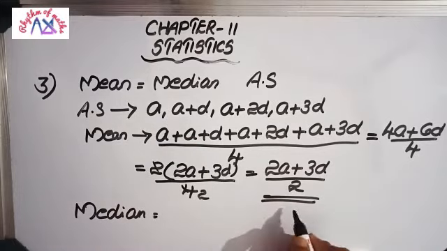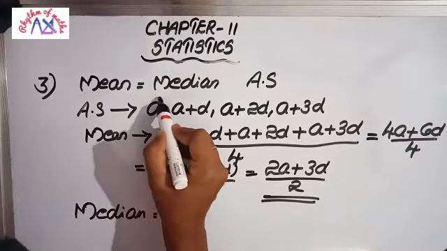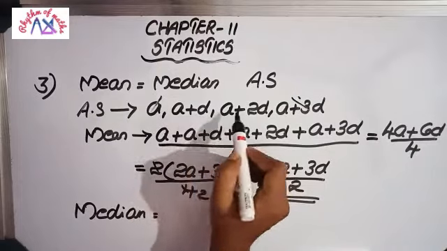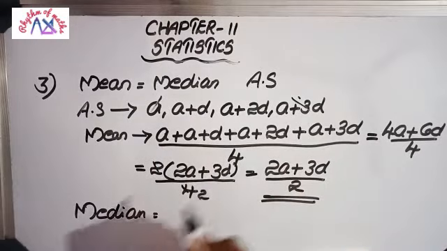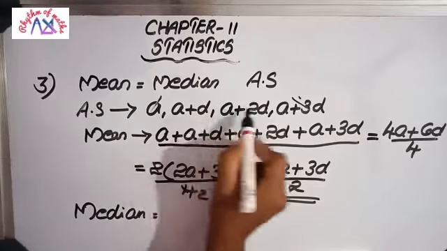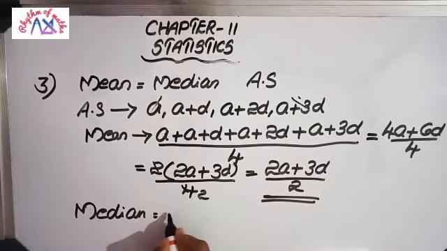An arithmetic sequence is always in ascending order. So to find the median, we can cancel from both ends. In the middle there are 2 numbers, because we consider 4 numbers, that way 2 numbers here. So in order to find the median, what we will do? Sum of these 2 numbers divided by 2.